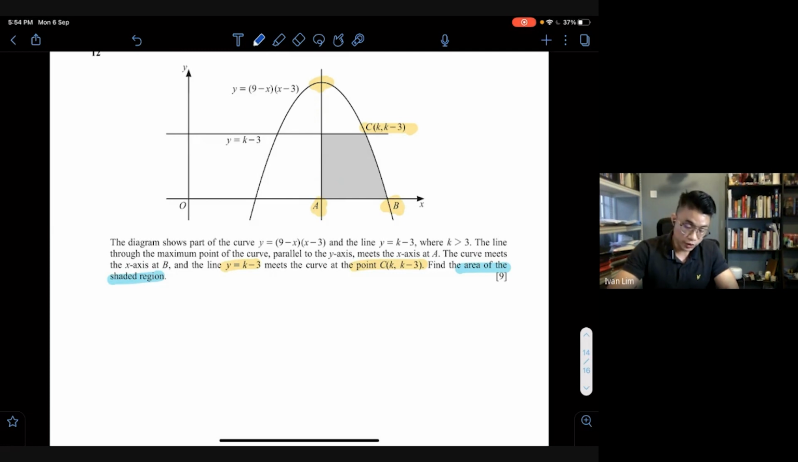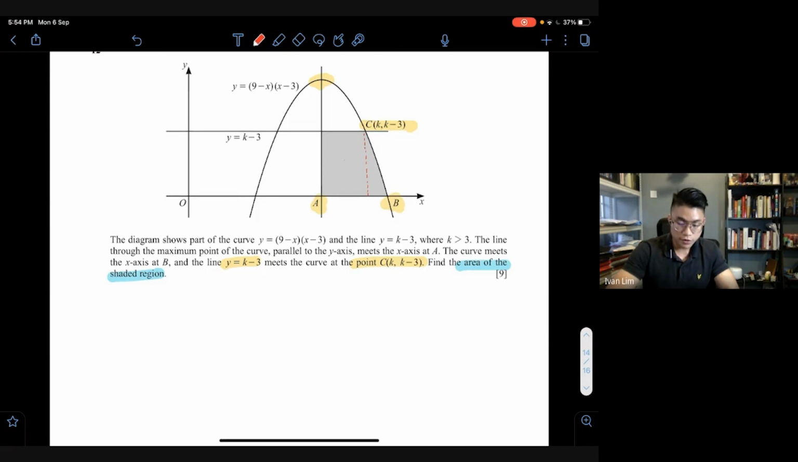The easiest way to do it, or probably the only way, is that we can find the area of a rectangle and then the area under the curve right over here, which is under the curve of 9 minus x, x minus 3, the quadratic curve. So technically, I just need A, B, and C. Okay, coordinates A, B, and C. So let's see what we can get first. If you look over here,